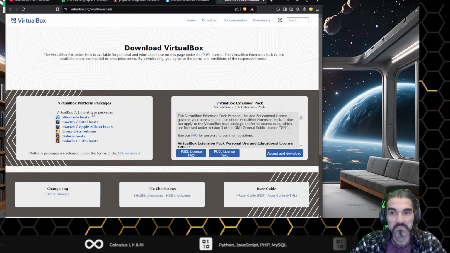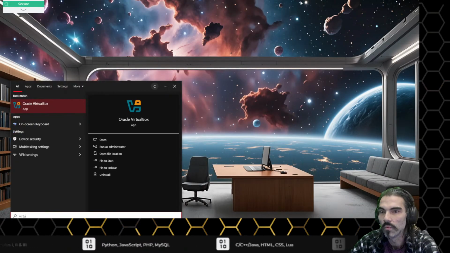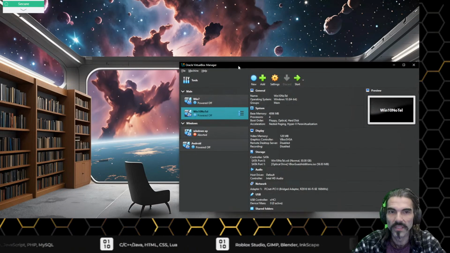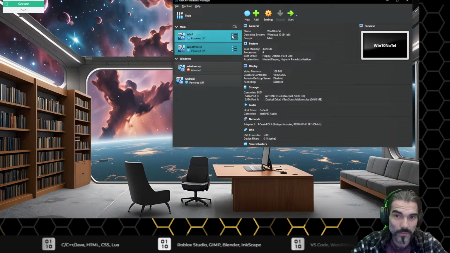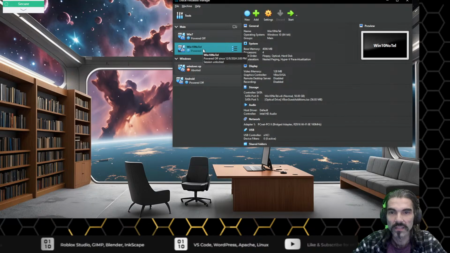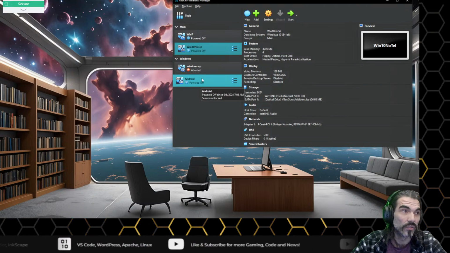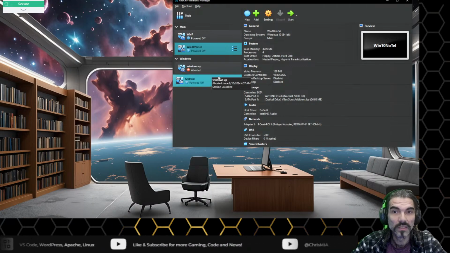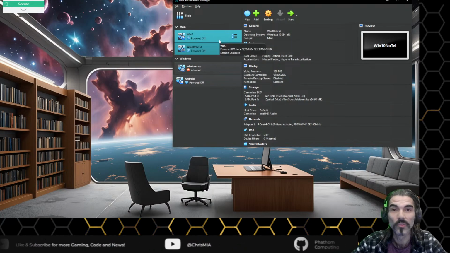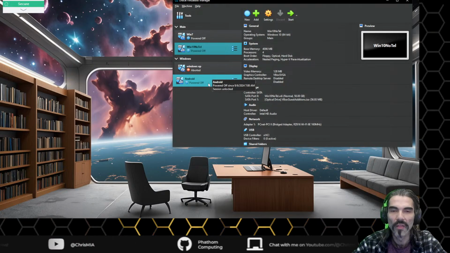So that's it. So basically install that and let's take a look at what that would be once we run the sucker. All right, there it is. So I've already got a couple of systems involved, right? I've actually got a Windows 7, a Windows 10 that's been filtered out for no telemetry, an XP, and even an Android. So you literally have the ability to run, I mean, honestly, whatever operating system. You're not limited to just Linux, for instance. If you want to play around with Android on your computer, boom, there it is.